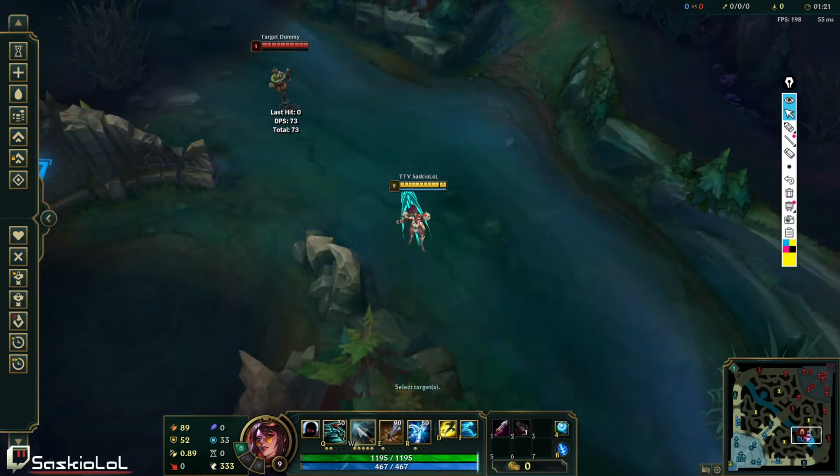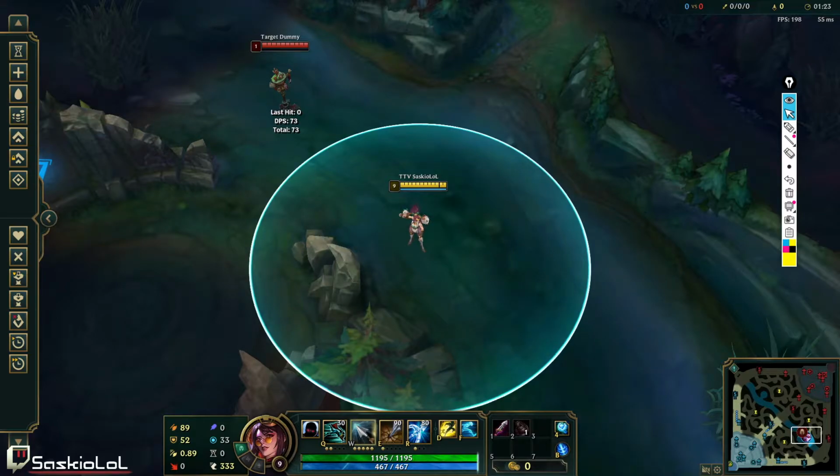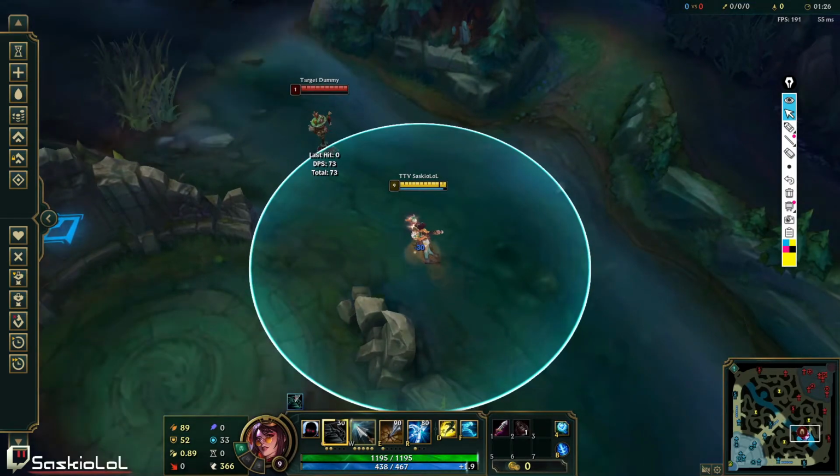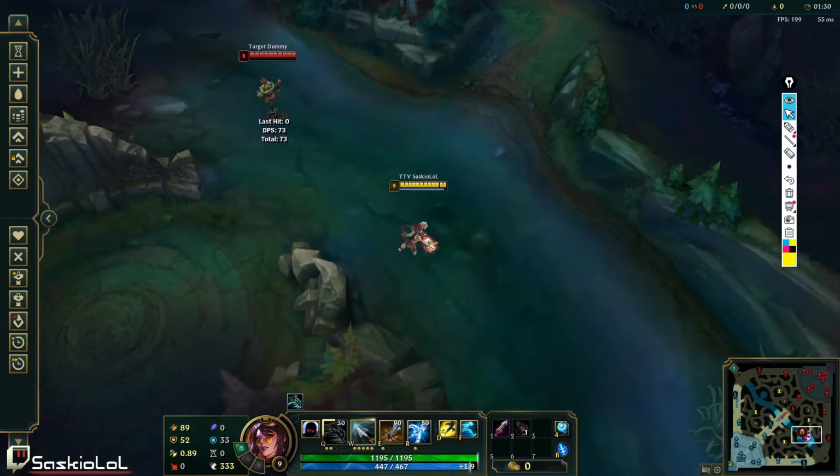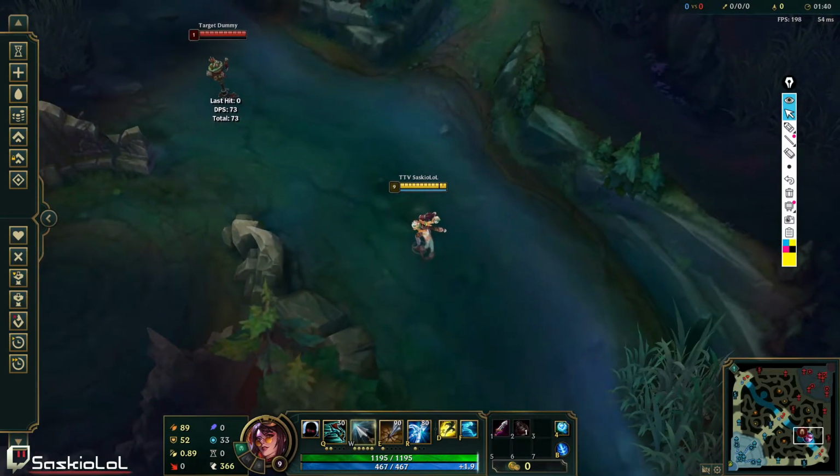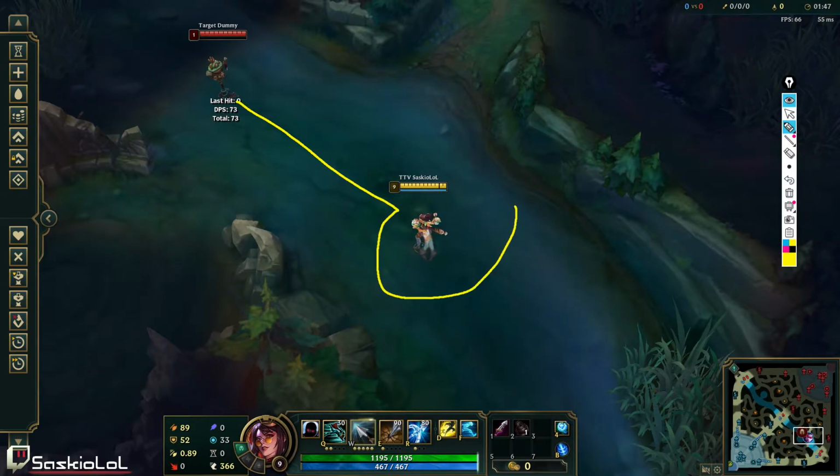Obviously, she can Q and change her zone of influence, right? It's pretty quick. Boom. Now it's over here, right? So, that's the definition. How can we use this in a real game? So, in a real game, let's say this is a Malphite, okay? This is one way you can use this. So, a Malphite ult range will probably be somewhere like this, right? This is the Malphite ult range, okay? So, in a real game, you don't want to enter that range.